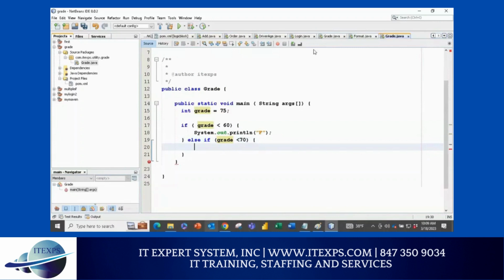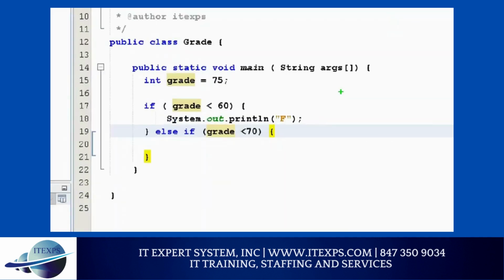So now you say, why did you do that? Here I'm saying, if you are entering anything below 60, this is fine. But what if you are entering anything from 60 all the way to 69? In that case, this condition will become true, because after this else if, you can only come here if it is above 60 and below 70.